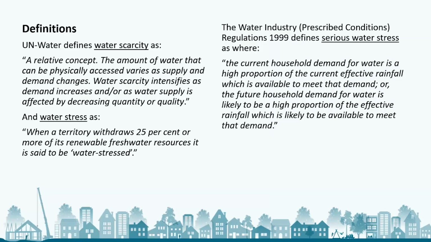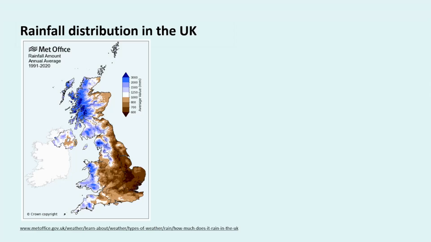And in England and Wales, the water industry regulations define an area as in serious water stress when the household demand is a high proportion of the current effective rainfall available to meet that demand. And this can be based on the current supply demand or future projections as well. Next slide, please. So as we all know, rainfall is higher in the west of the country than it is